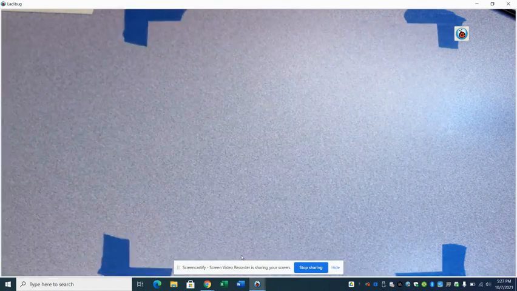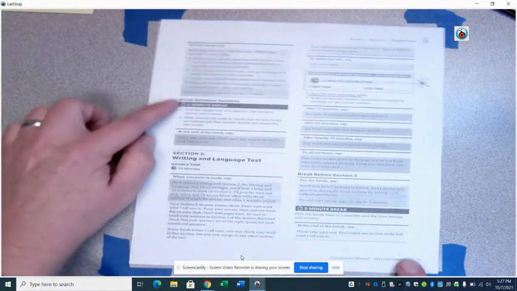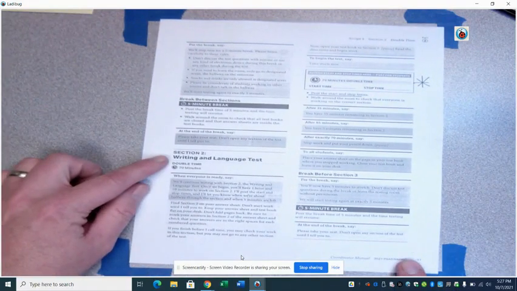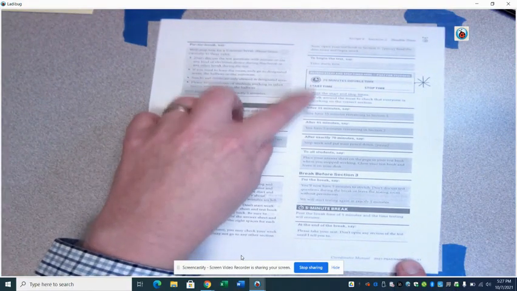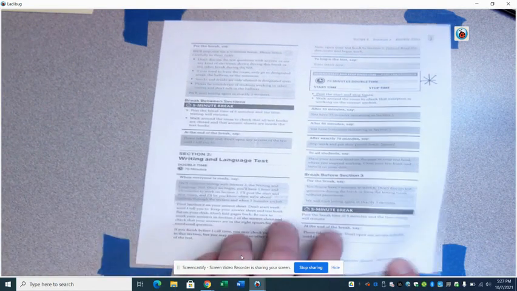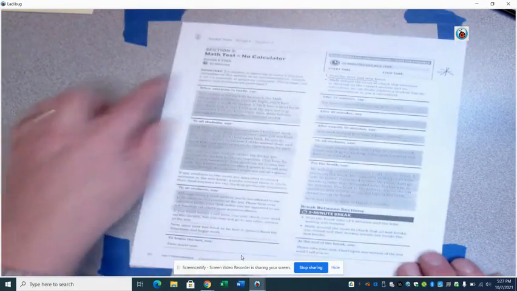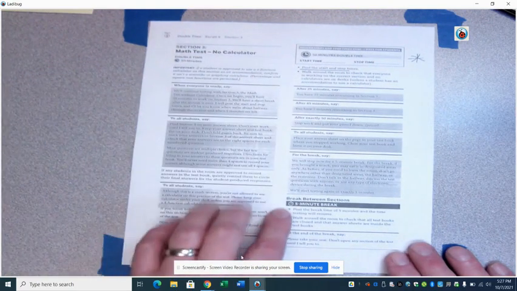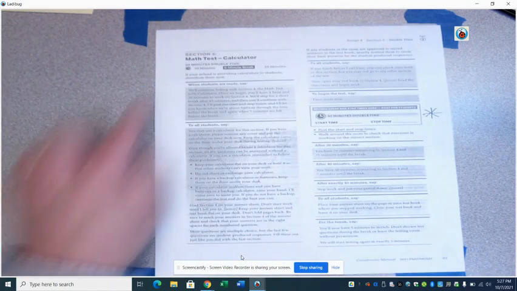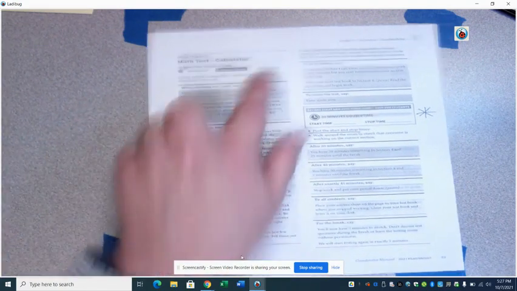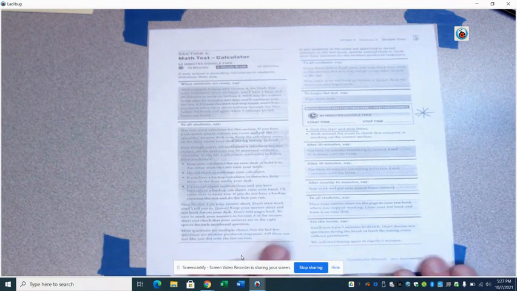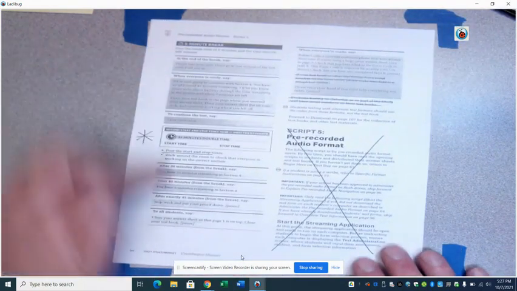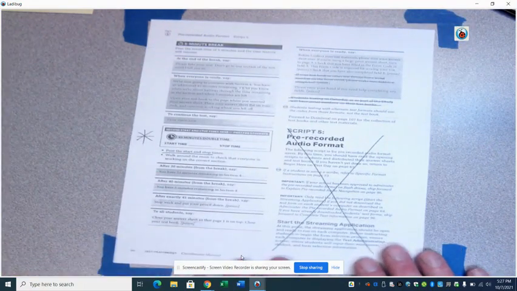So after that first reading test, there is a 5-minute break, and then a writing and language test. Again, that's 70 minutes. You're supposed to start and stop time. We get another break before they start the math no calculator. Supposed to start and stop time. 5-minute break prior to the math calculator exam. That's where we've got 45, break, 45, post the start and stop time, and then that's going to eventually take you to the end of the exam.